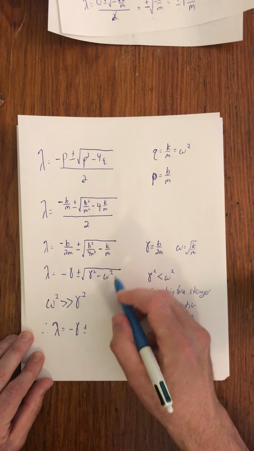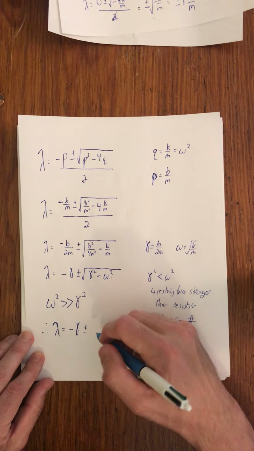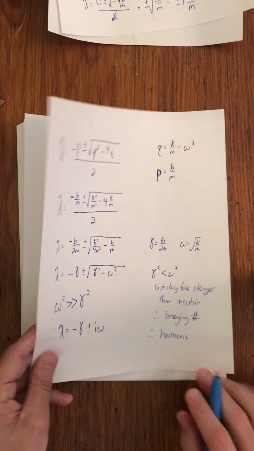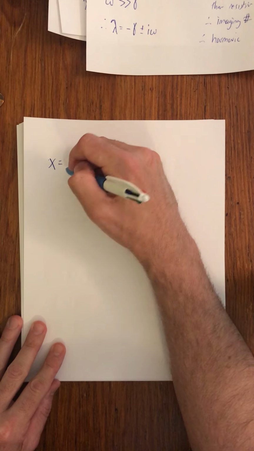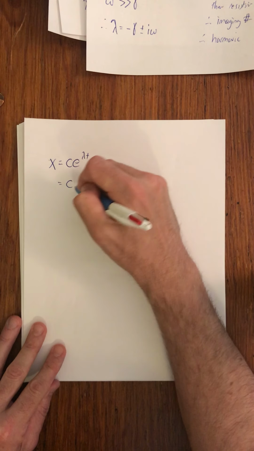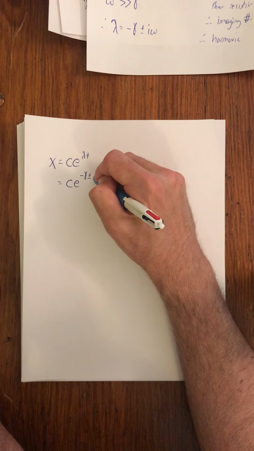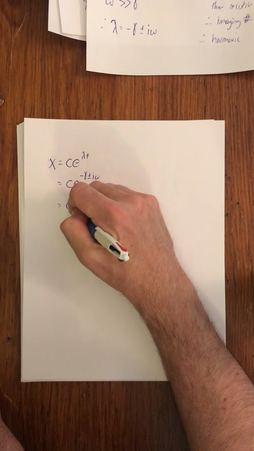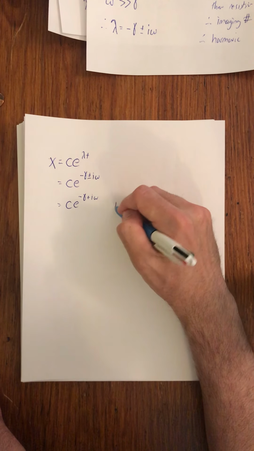So I can just collapse the entire term to negative omega squared, and the square root of negative omega squared is negative i omega, right? So what does that mean then? Going back, our solution is x equal to c e to the lambda t, we said. So that must mean it's c e to the negative gamma plus or minus i omega. That's gross. So let's write it out: c e to the negative gamma plus i omega,